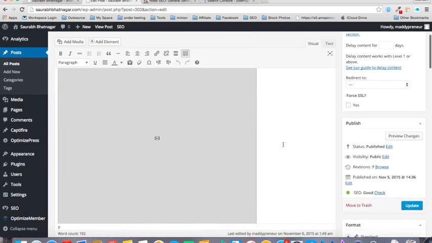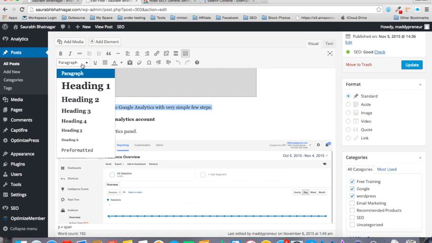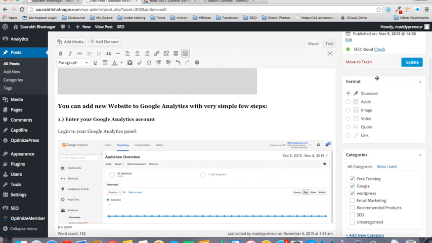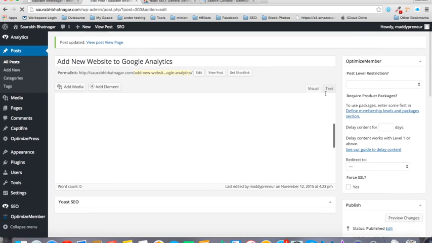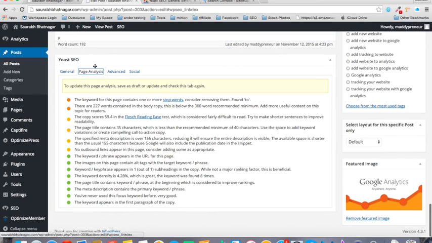Yeah, after refreshing the page you can see that there is no particular headline. So what I will do is I will select this particular text and I will use it as the heading 3, and I will update this thing. After updating, we will again go back to the page analysis. You see that the heading issue is now not here in the yellow section,